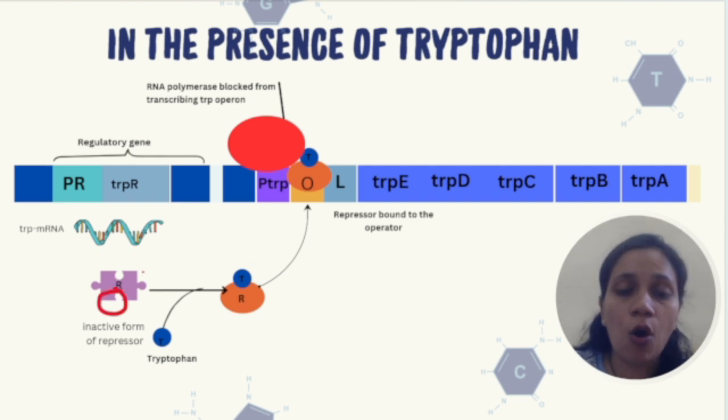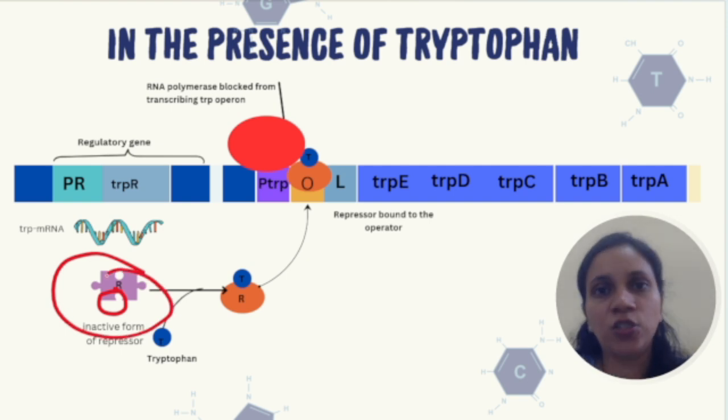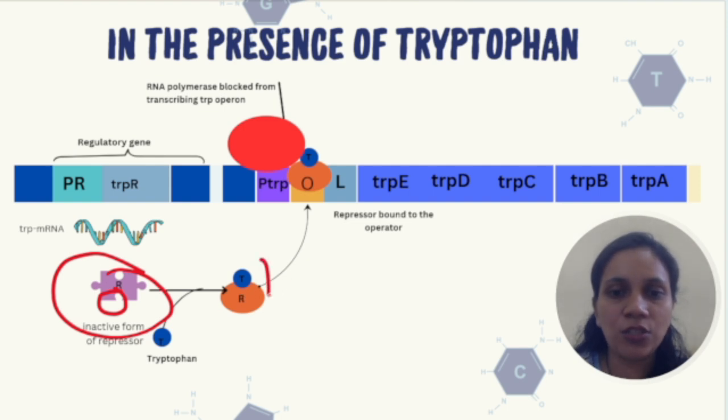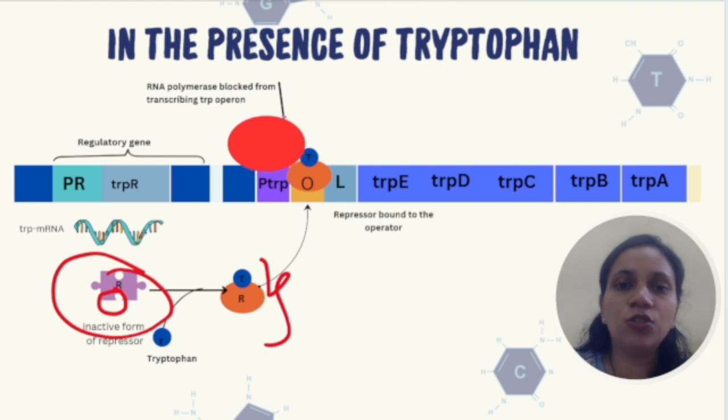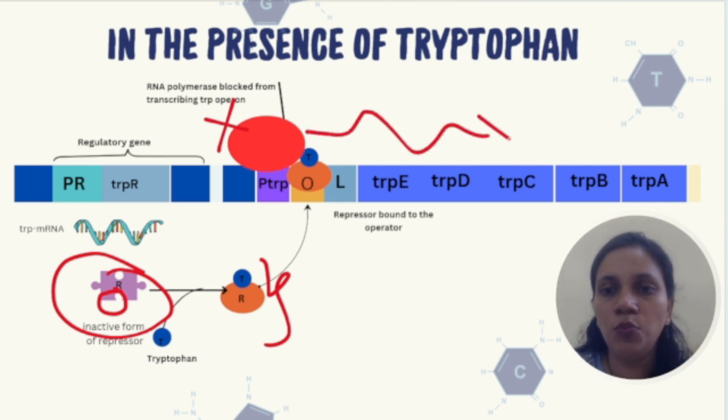That is going to cause conformational changes in the structure of this repressor, and as a result it is going to get activated. This active combo of active repressor and tryptophan is going to go and bind onto the operator, and it is going to block the movement or binding of RNA polymerase. So as a result, this RNA polymerase cannot move ahead and synthesize the enzymes responsible for the production